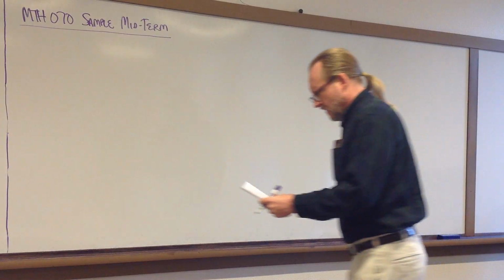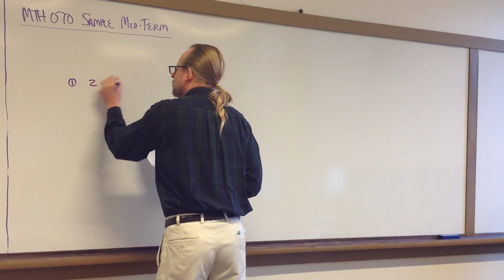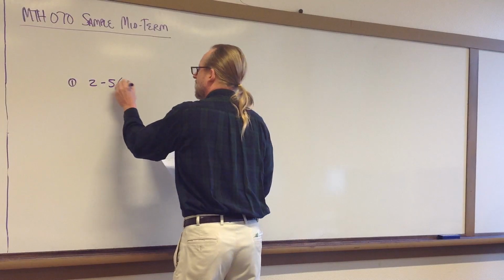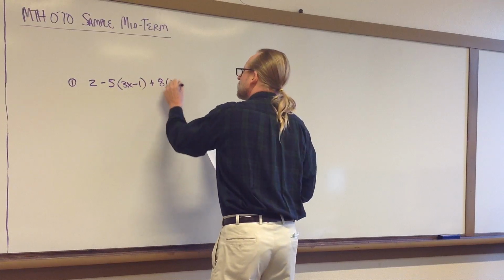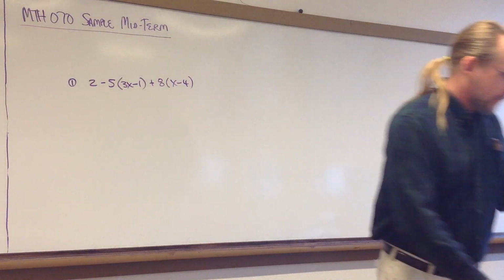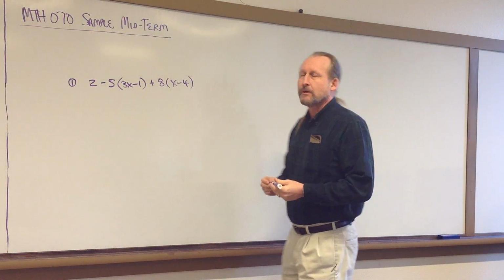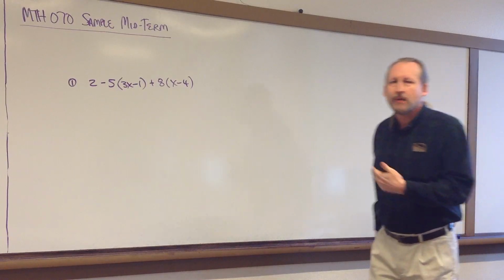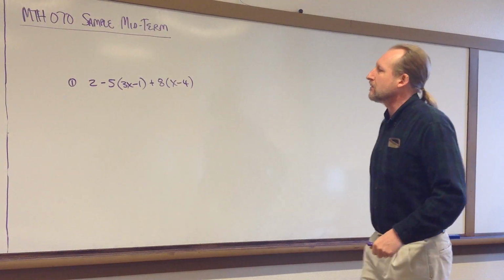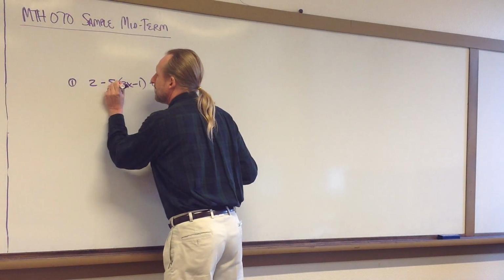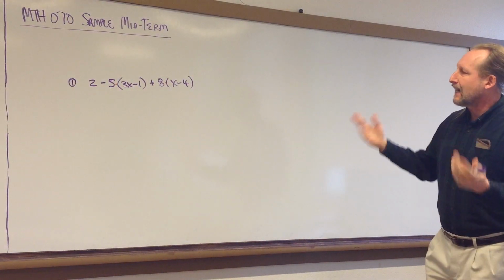First off, we get two problems on simplification. First one is 2 minus 5 times 3x minus 1 plus 8 times x minus 4. So I mentioned this when we were doing this assignment, don't fall for this right here. That's the most common mistake that people make on this problem. They want to do 2 minus 5 equals negative 3. Doesn't happen that way, okay? Order of operations says that this multiplication and this multiplication have to happen before we do the adding or subtracting,